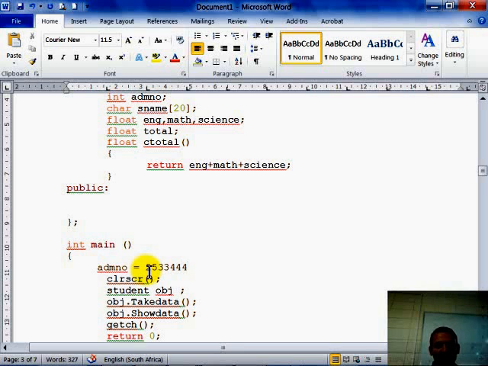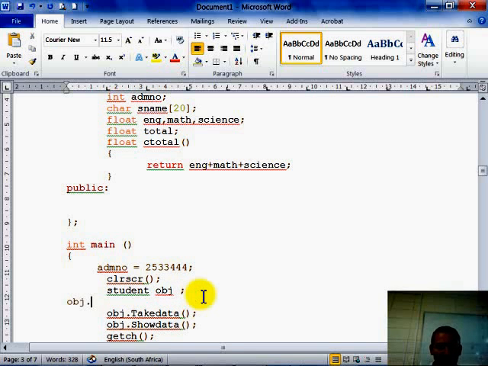You can't assign a value to that, first of all, because that is not declared anywhere, and because it's declared there doesn't mean you can use it. If you declare an object of that student type, in this case here OBJ is a student type, you can't say